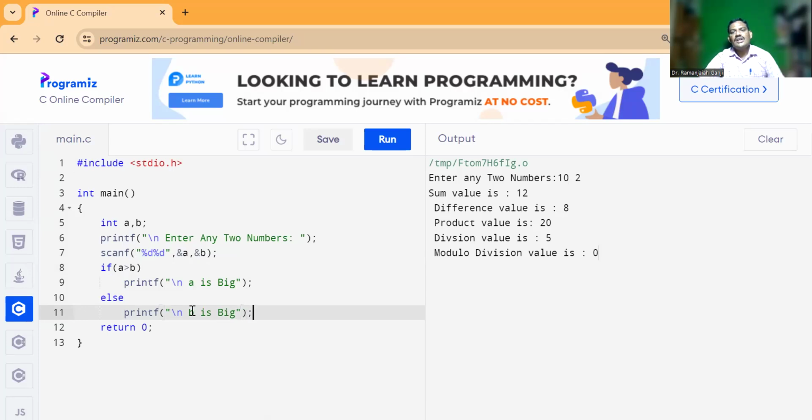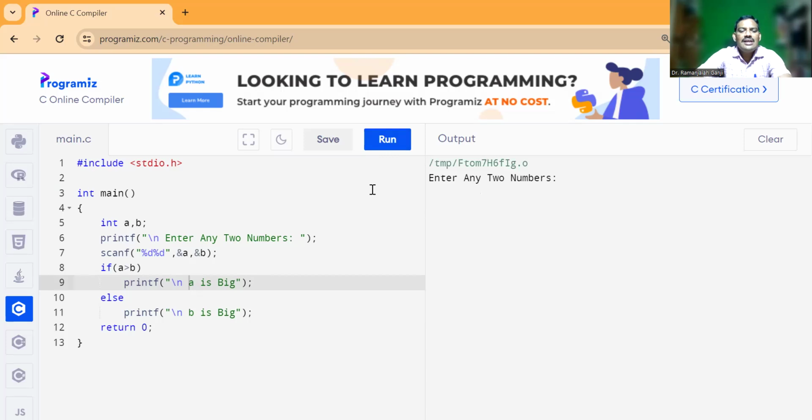That's it. If you execute this program, whenever we have a %d here, you have to write its corresponding variable. When you execute, you enter any two numbers, 10 and 5. What does it display? a is big. Does it convey any kind of correct meaning? No. That's why what I'm doing is %d